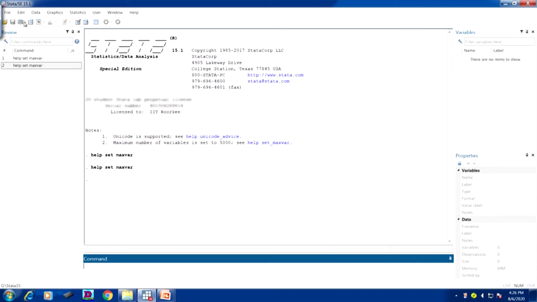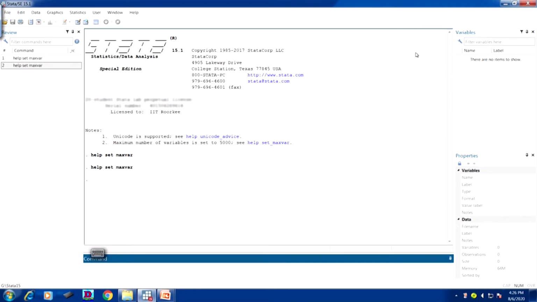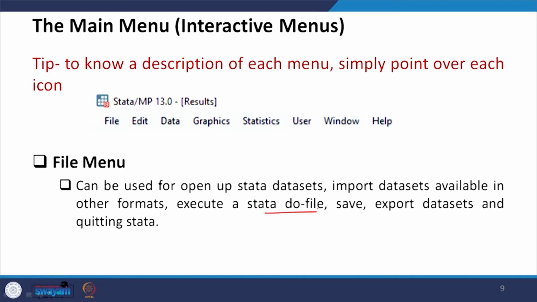Now, you can open the data set wherever you have saved it. If you have .dta extension files, and you click on one, it will automatically come to your window. Okay. We are not loading right now, we have other versions. I will clarify which other options are also easy for you to operate.